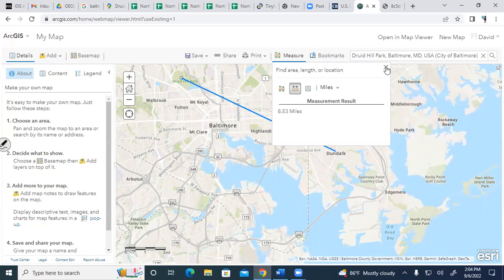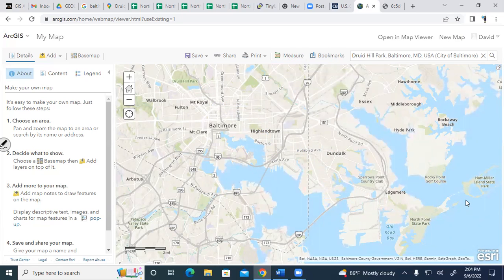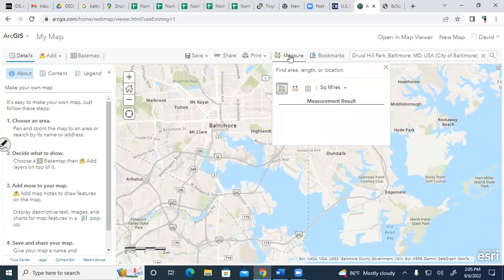So I'll do that again. Open up our GIS. Which base map did you choose? Now you can use any base map that you want here, but the main thing is you have to use the measure tool. You go to the measure tool, first locate your landmark, click on the ruler, change the units to miles,